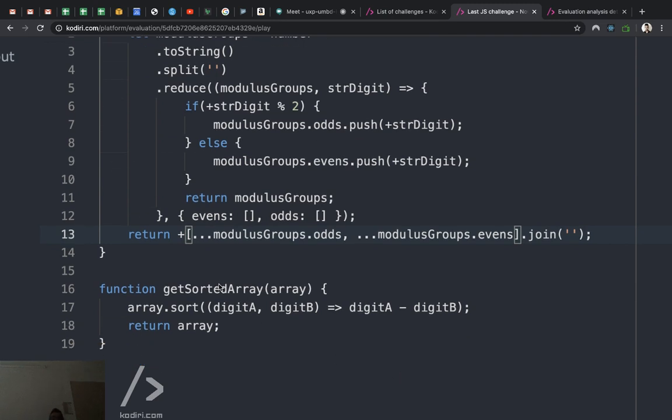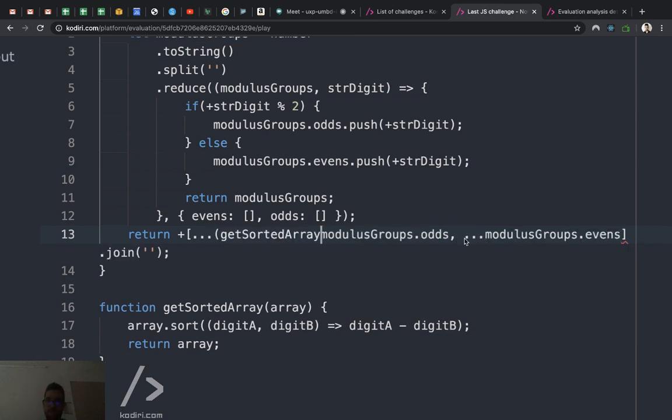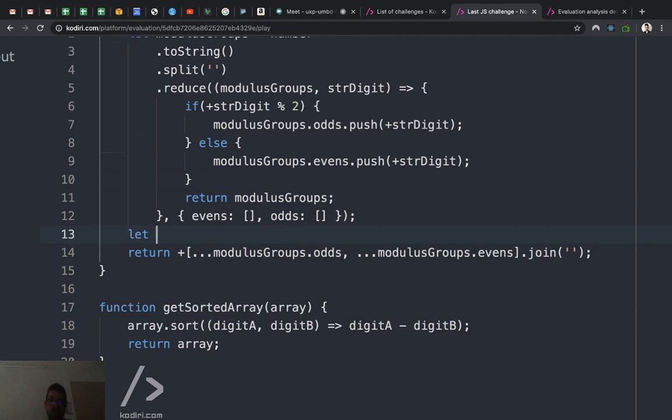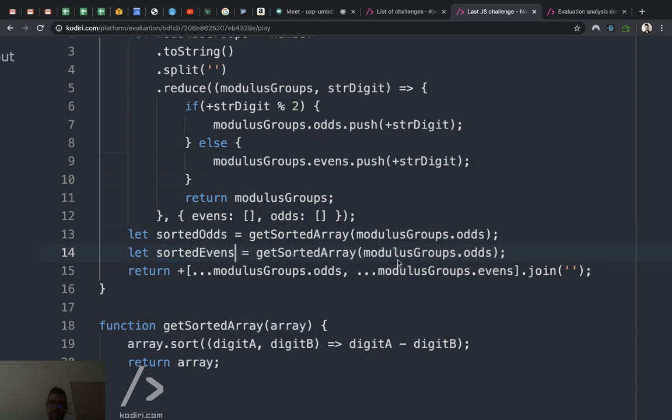Oh, so the thing is, if I rename that function to helloBrexit, it will create the same result, right? So why did we create that function? We are not using it yet, right? But you can do that. Or if you don't want to make that line more complicated, you can create a variable, let sortedOdds, and the same thing for the evens. So now, once you get an array of sorted odds and an array of sorted even numbers,